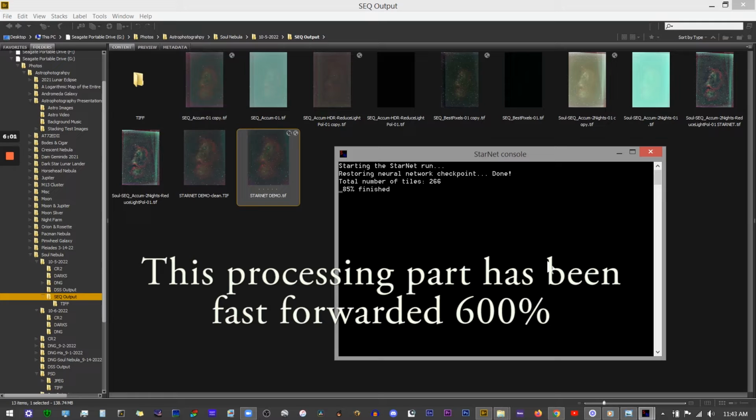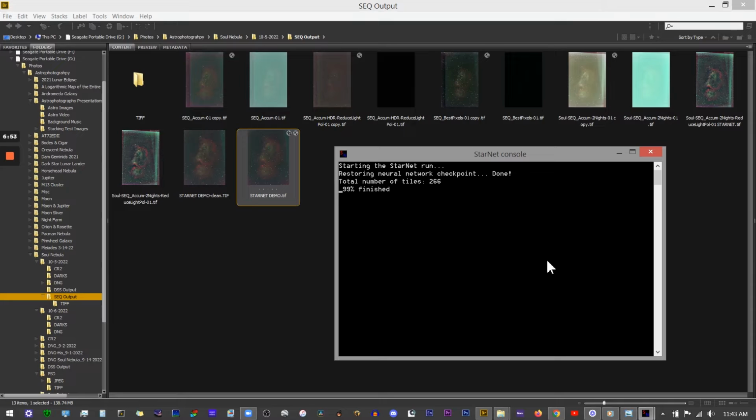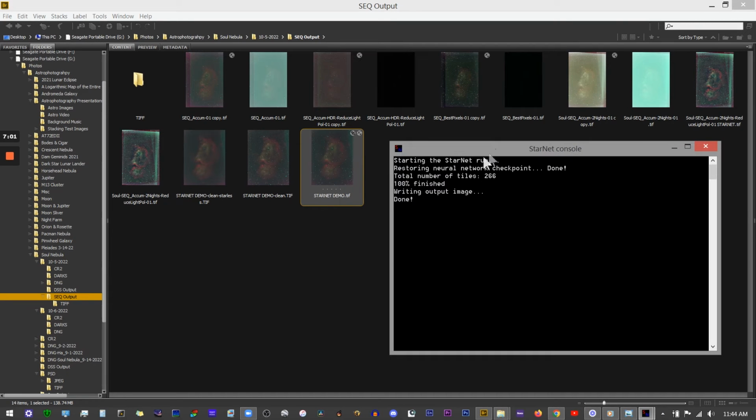You'll see a lot of completely starless versions of astrophotography on AstroBin and other websites that have star galleries. They're becoming quite popular. Okay, so Starnet has finished here, and it has exported the file to the folder that we wanted. So we're just going to go ahead and close this out,